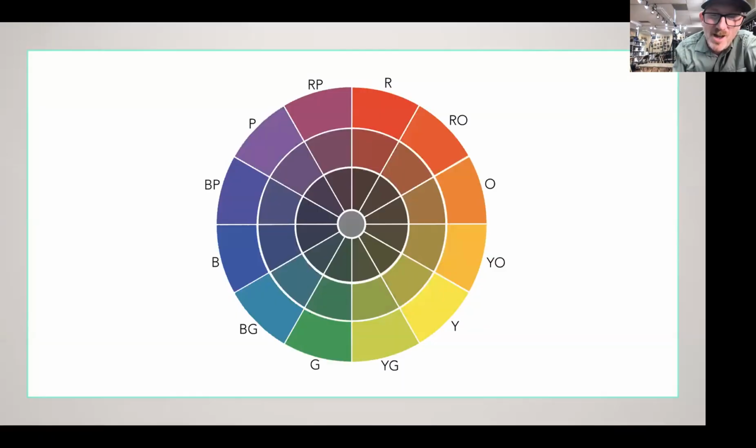Remember, our hues, we only have 12 options here, right? Red, orange, yellow, green, blue, and purple. And then the tertiaries, if you want to call them, that's not the proper terminology, but the red purple, blue purple. This one is a blue purple. You nailed it. I heard Margot right at the beginning. Very, very well done, gang. All right, they're getting harder.